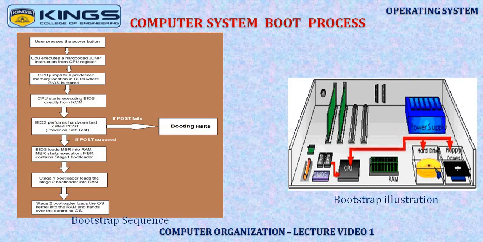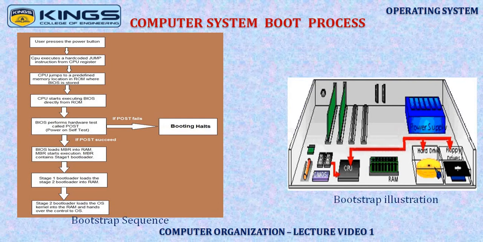Now, what is the role of this boot code and the partition table? The partition table will help the system to identify the file system. And this boot code will transfer the control to the operating system boot sector. Once the bootstrap program locates the operating system kernel, the kernel will get loaded into the system, and the system is now with the kernel of the operating system. Once the kernel is loaded, it will start its operation. Now it will start offering services to the system and the user.